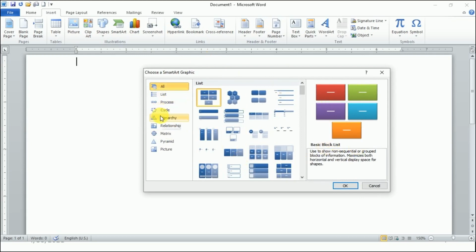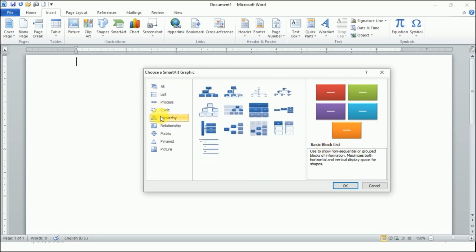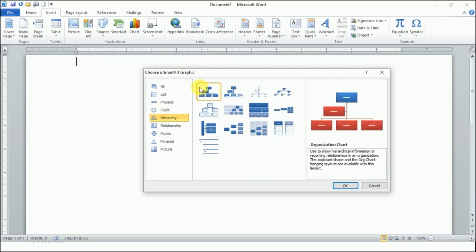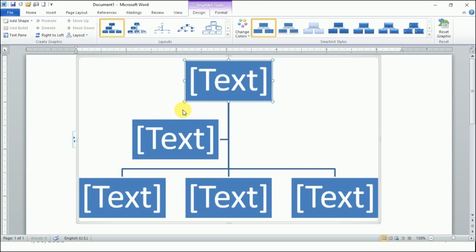So we draw hierarchical structure. So I'll click on it. The moment you will select the hierarchical structure, it will be highlighted with yellow border. Now click OK. So this is your organization chart. Now it is not looking as we have drawn in the presentation, right? It is not looking like what we saw earlier. So now we will make it look like that. How will we make it? First of all, we will write inside it. So we will write